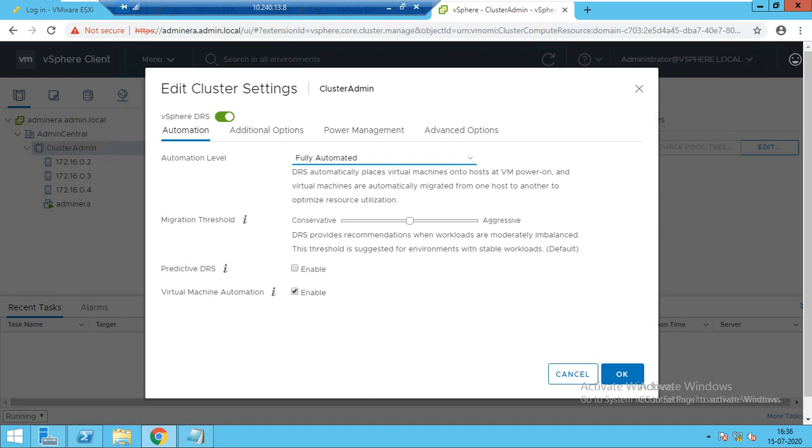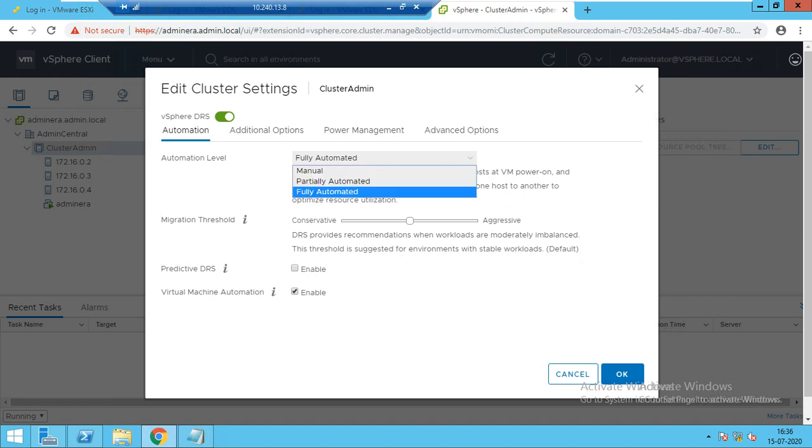So while migration, these three options come: fully, partial, and manual. In fully automatic, it will automatically migrate the virtual machine to the desired host. It will not ask you, should I migrate this virtual machine to this ESXi host? It will not ask. As per the availability, it will migrate the machine from one host to another.